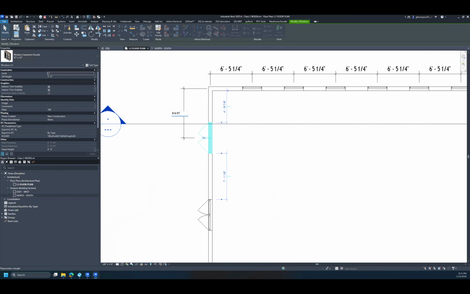So 8'6.5. You can type in 8 space 6, which would be 8'6". You can also use 8'6". And for those of you that like math, if you wanted to type in inches, you could type in